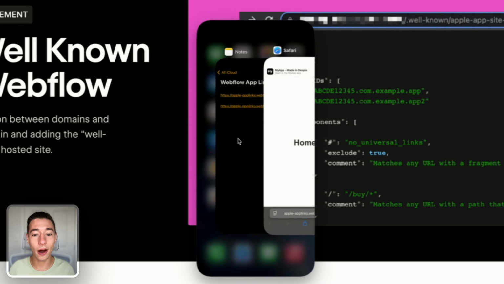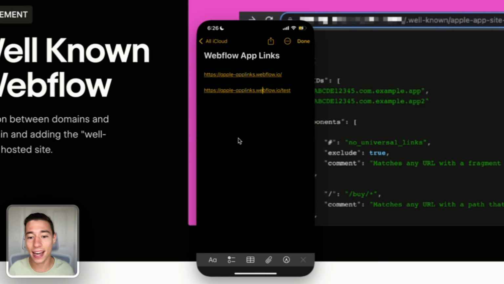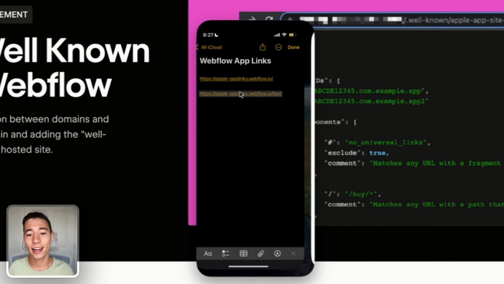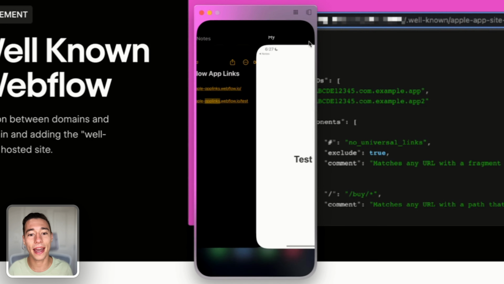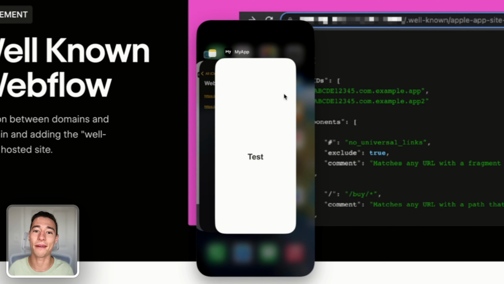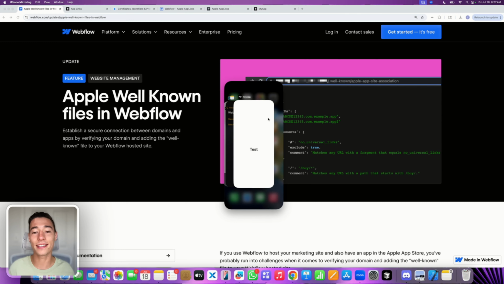They also allow people, if they get a text message with a specific link to your web application, but they already have installed your mobile application, to click on the web app link, even a Webflow.io domain, and to open that specific page in the native mobile application. How cool is that? Now today I want to show you how you set this deep linking, app linking system